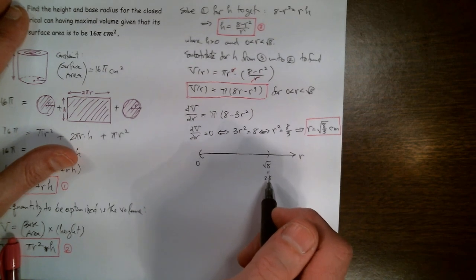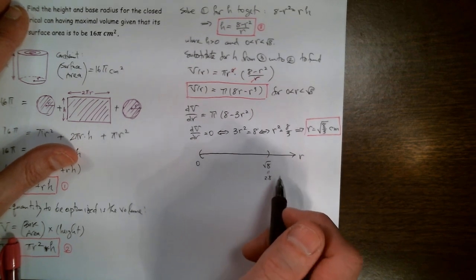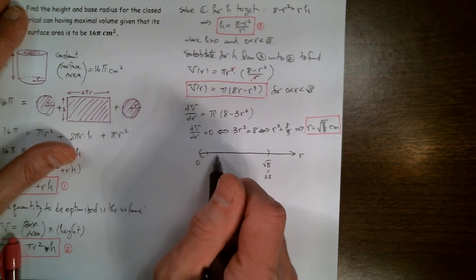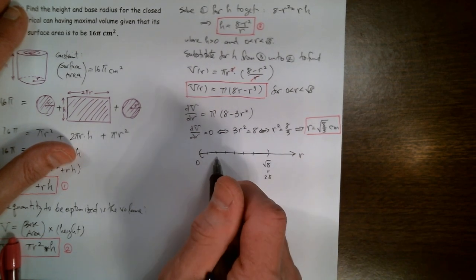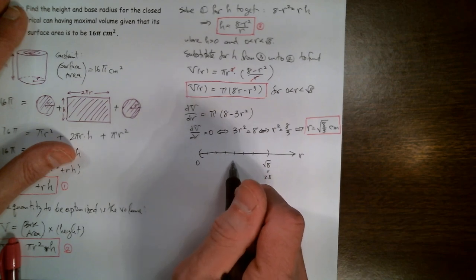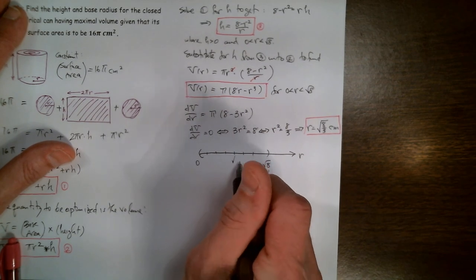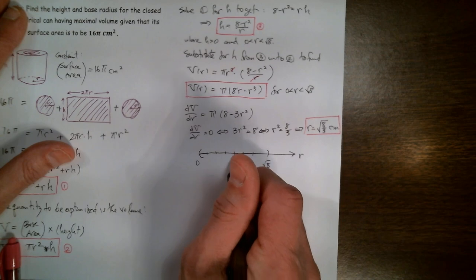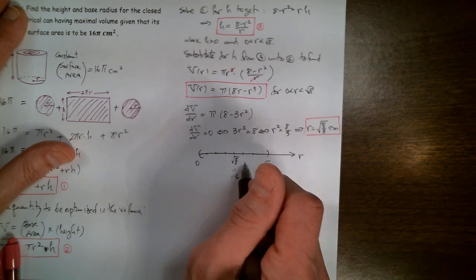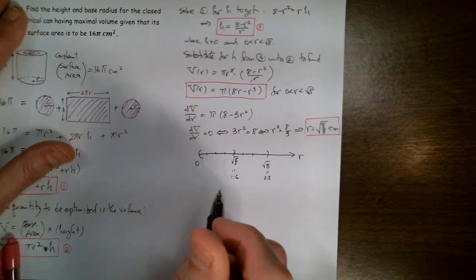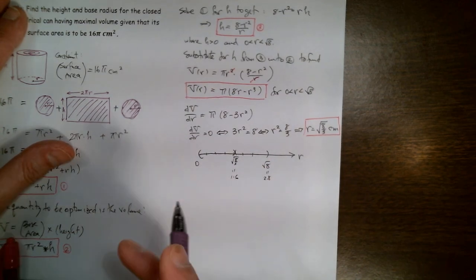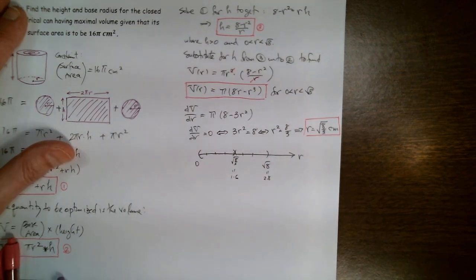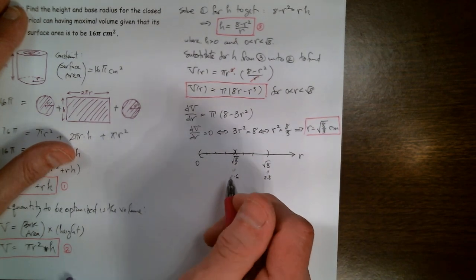1.6 would be like 4/7 of 2.8. So like 1, 2, 3, 4, 5, 6. So it would fall in around here on our number line, the square root of 8/3. It's about 1.6. And so that of course splits the possible range of r into these two intervals, and